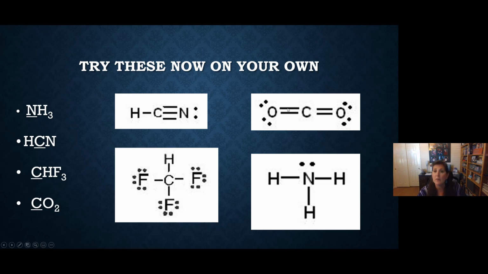Let's look at the drawing up here with my cursor. The carbon in the middle has 2 double bonds on either side. Double bonds are 4 electrons. 4 here and 4 in the other double bond make 8 total, so carbon is happy with 8. Now let's look at one of the oxygens. It has a double bond, so that's 4 electrons. So it needs 4 more, so we do 4 dots or 2 lone pairs. And then oxygen has 8 around it. It's happy. The other oxygen is the same. It needed 4 dots or 2 lone pairs, and it is now happy.